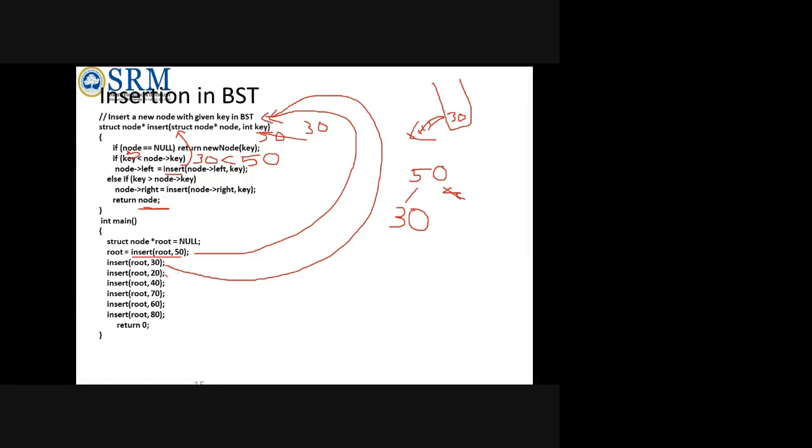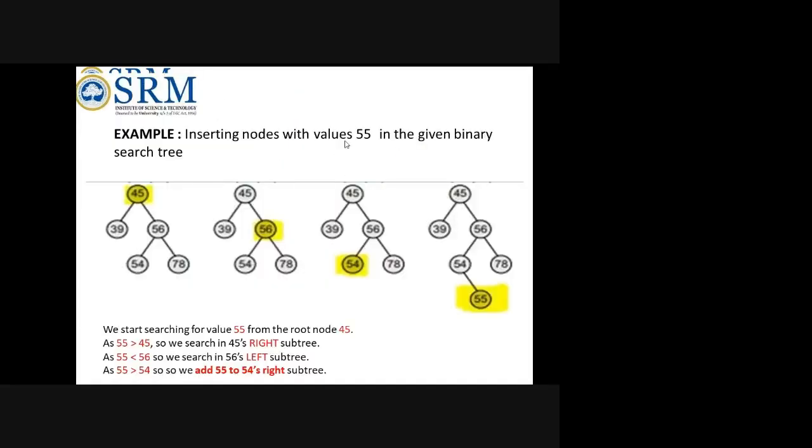When 20 gets in, insertion will be called twice. So when it calls twice, means one for this comparison, one for this comparison. So again, it will come like this. Next, when 40 comes, similarly, it will go. So if you see any animation video, you can look into, or if I get even, I will put it in the GCR.